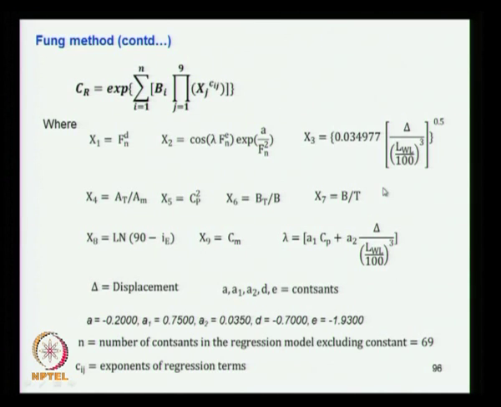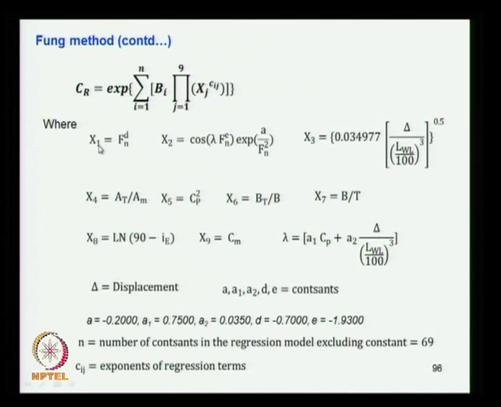Okay, the Funk method is represented as follows: it puts the residual resistance coefficient Cr equal to the exponential of a summation of this one, where this is a product sign. So you have this quantity over here, and n, I think, goes up to 69; n is a total of 69 coefficients, we will see the coefficients later. So i is equal to 1 to n and j is equal to 1 to 9. So the j here is 1 to 9, and you get x1, x2 up to x9.